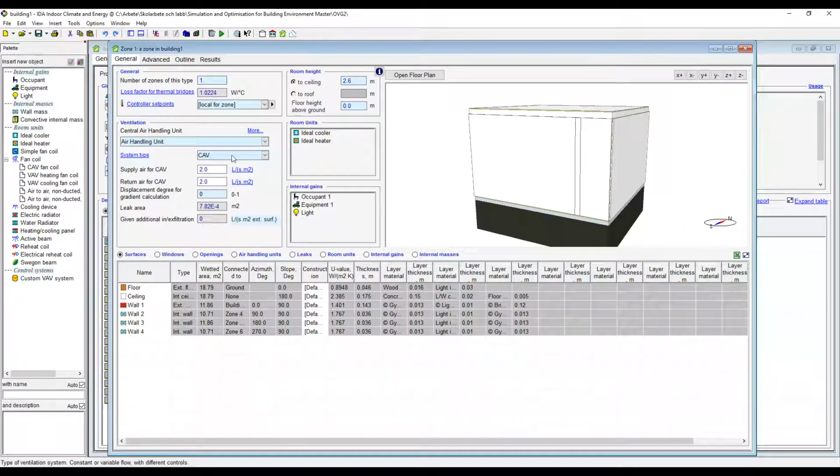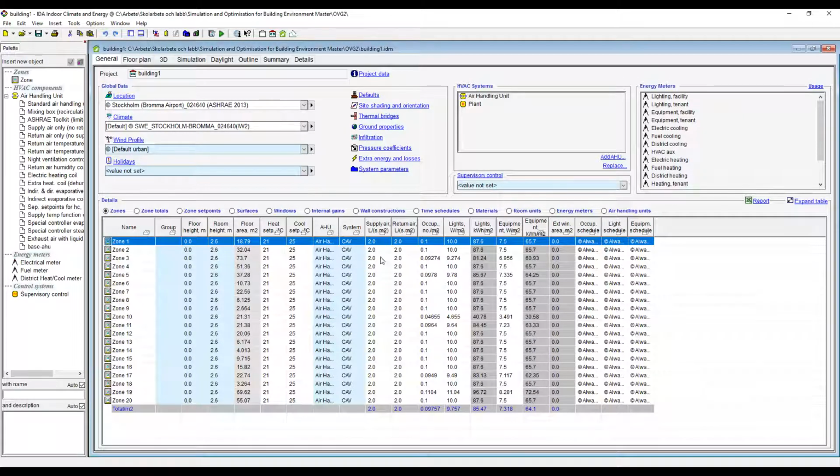As you can see here, we can change it over here, and also you can change it over here. So the easiest way actually is, because this is a large building,